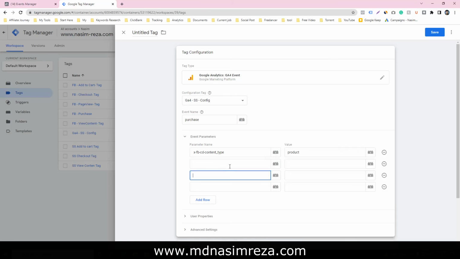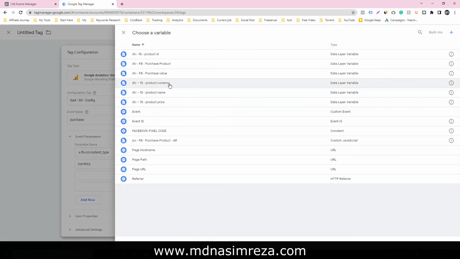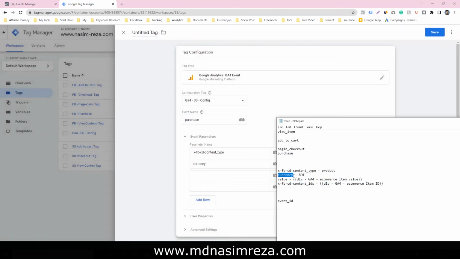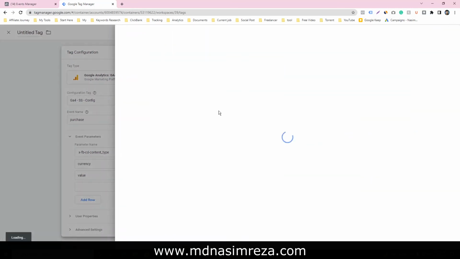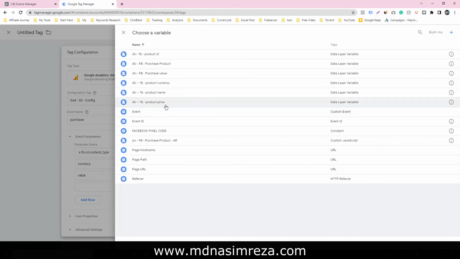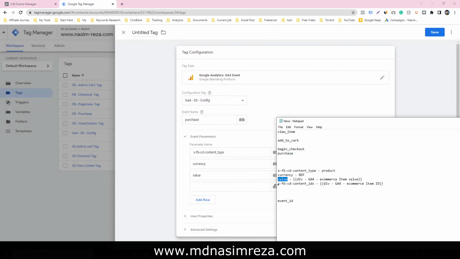Currency: select the dynamic currency, and value will be the purchase value. Keep in mind, it's not the product price, it's the purchase value, because a customer can buy many products, so product price and purchase value will not be the same.